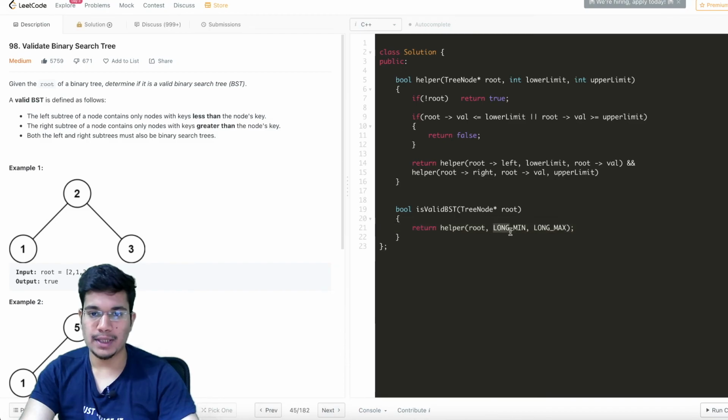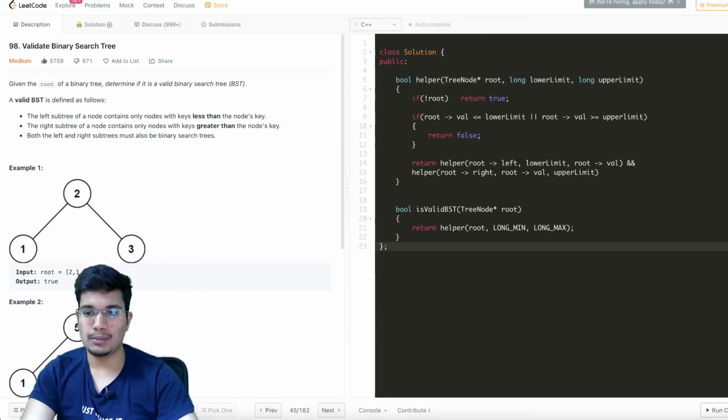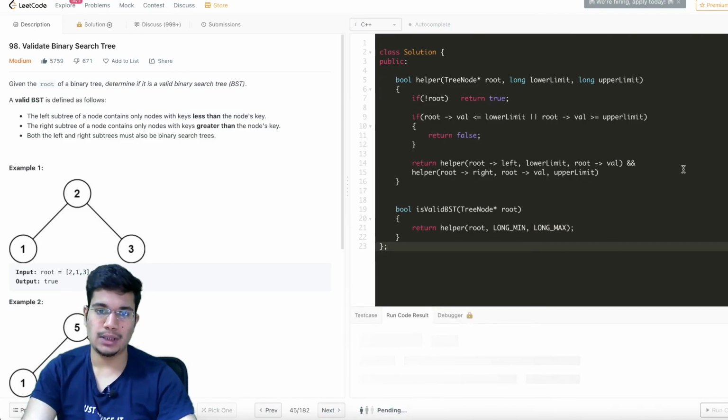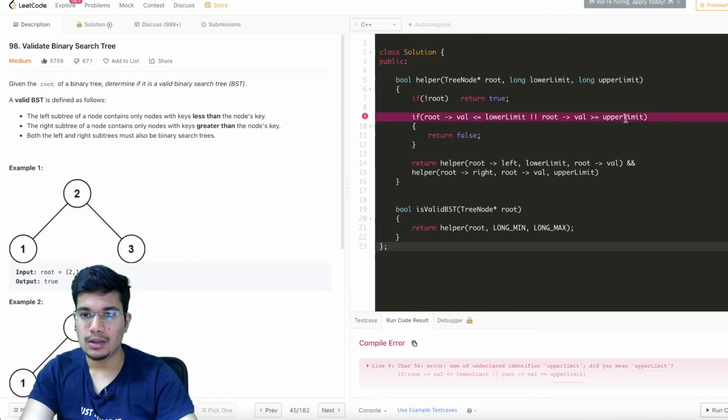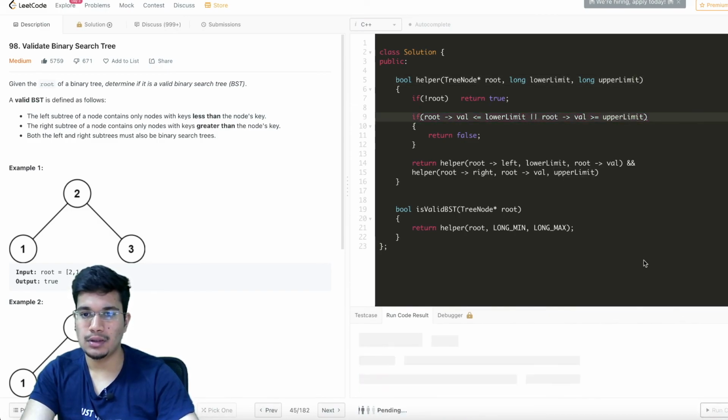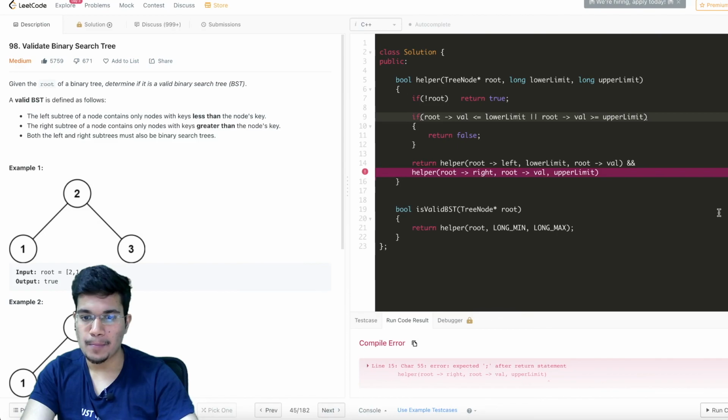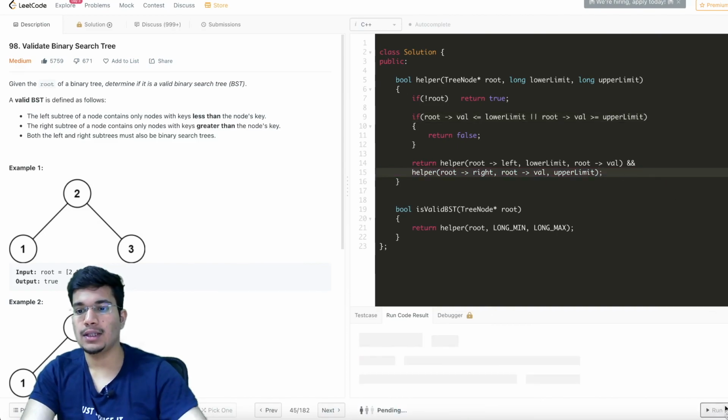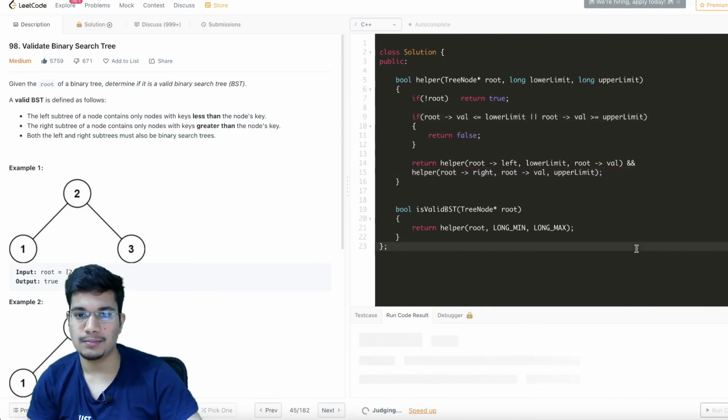And for the root node, we are passing a very small long value, which is being accepted here. One second, this should be long since I'm passing a long value. So I'm also required to accept it using a long data type. And similarly for my right value, I'm passing plus infinity, which is a very high value, and I'm accepting it as the upper limit. So that's pretty much it for this. Let me run this to check if this is being accepted. This should be upper limit. Okay. So this should be capital L. Okay, I've missed a semicolon as well. So I think now this should work fine.